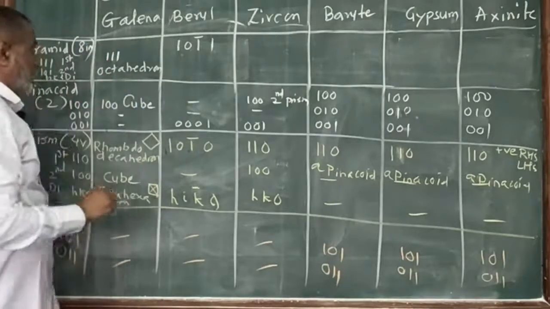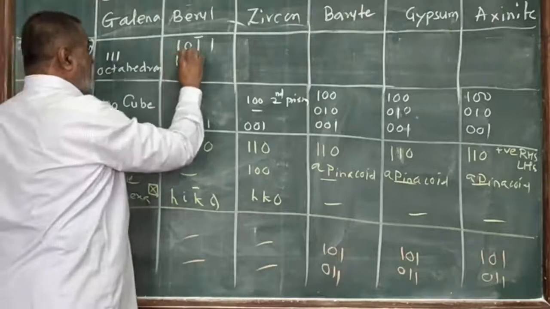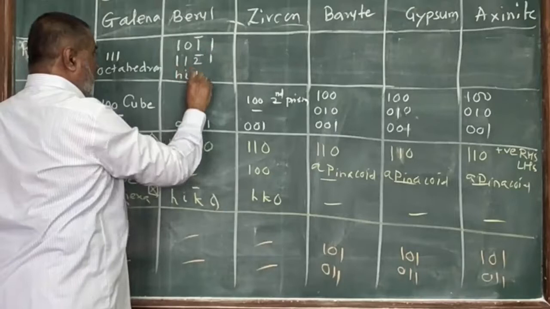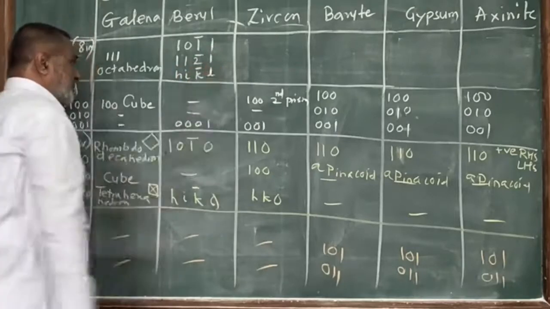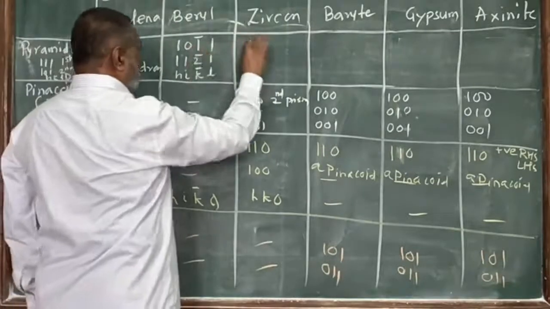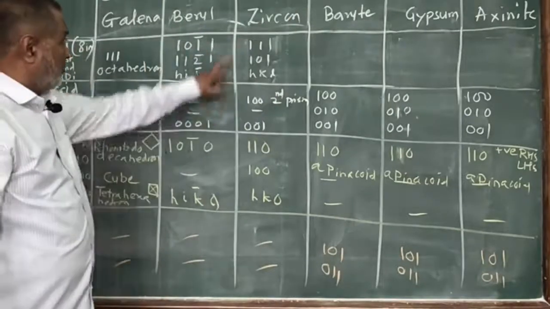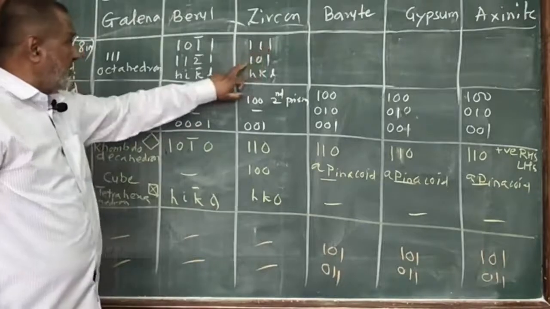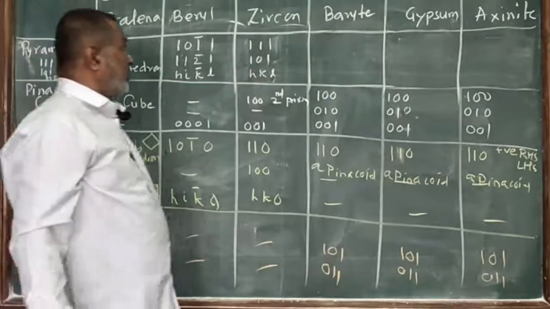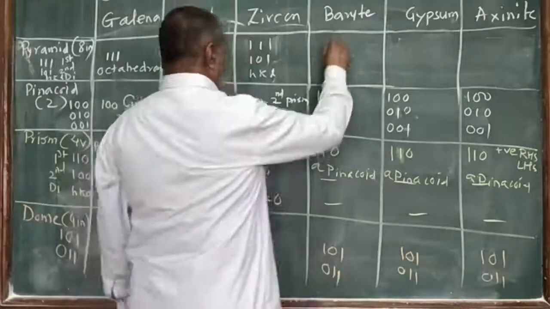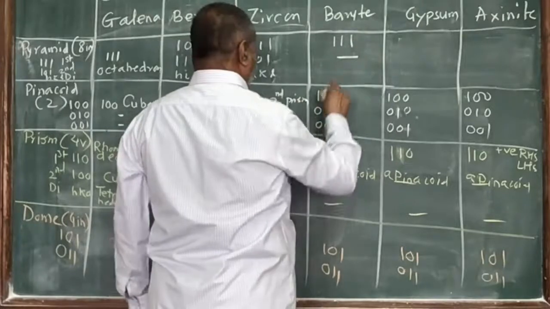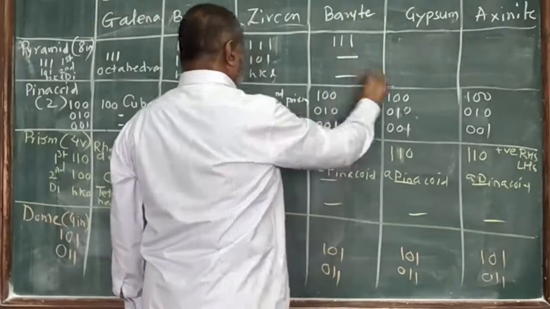Now in the second order, what is happening? 1, 1, bar 2, 1 and in the di, HI bar KL. See the comparison: 2 horizontal axes are going to cut. 1, 1, 1 pyramid first order, second order 1, 0, 1 and HKL for this one. Orthorhombic system, pyramid is there 1, 1, 1. Second order we don't have and we don't have the di-pyramid.